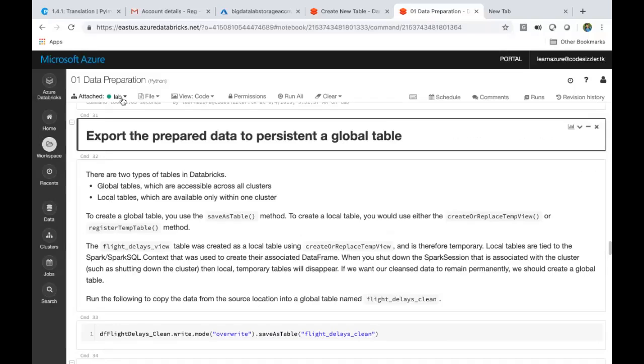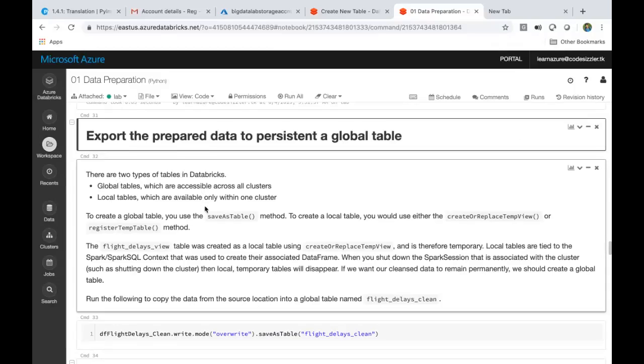You can define it. A data analyst, or let's say a business analyst, is not required to have huge RAM or huge worker nodes, whatever it is. So we can create a new cluster only for them accordingly. But when you say global tables, they are accessible across all the clusters. Whoever wants to read this data can read it and use it. A local table is only for within one cluster, and if you turn the cluster off, it will be lost.